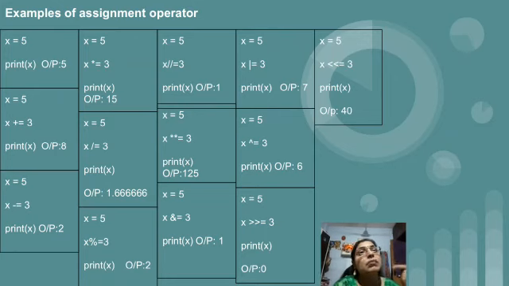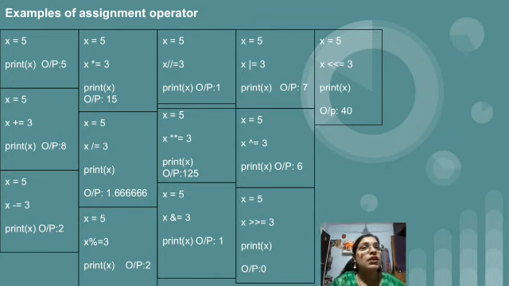After that we have bitwise AND, and I have given only the outputs. I hope we have seen all the examples. I cannot explain this orally; we need pen and paper to explain it. So you try these examples of bitwise AND, OR, and also check the left shift and right shift.